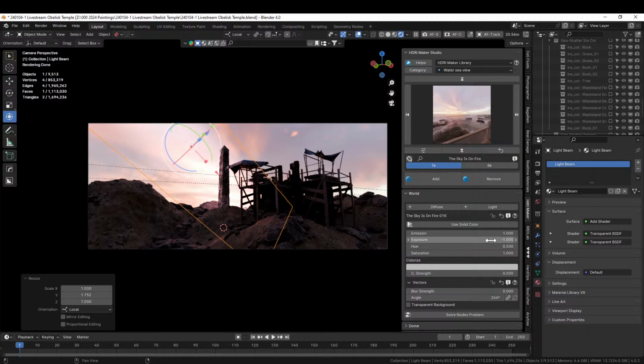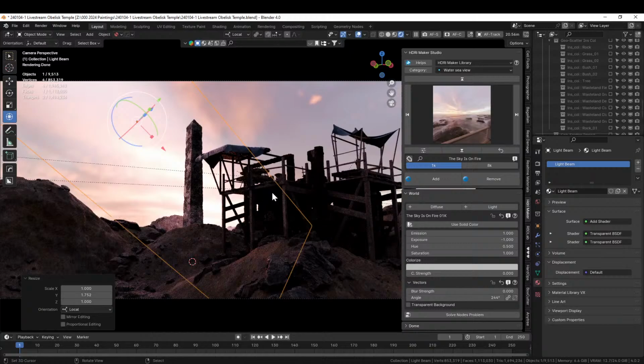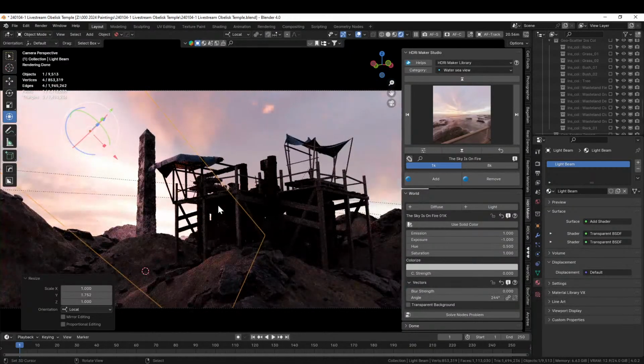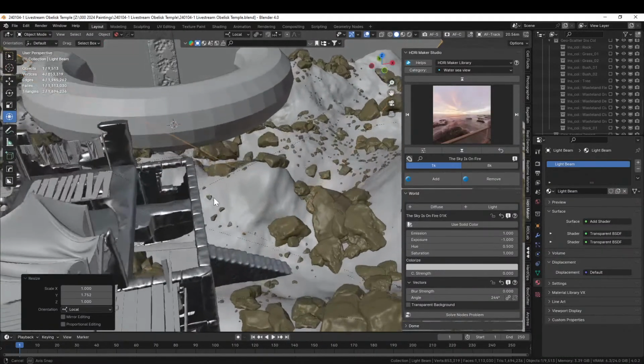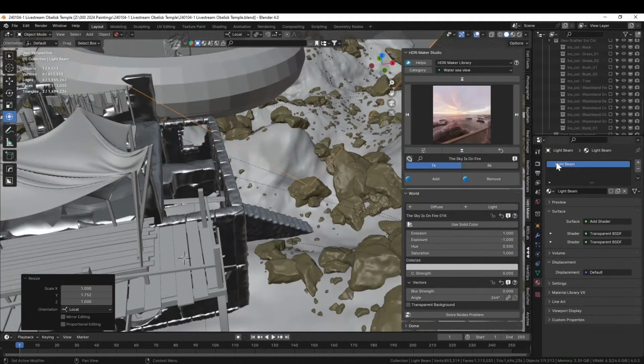Now, let's see. I think that's looking pretty sweet. I kind of think we want a person up here, both for scale and interest. So let's do that. Let's put them right here. I'm just going to turn off geoscatter for right now. Though it's not too heavy at the moment because I've got most of it turned off already, but